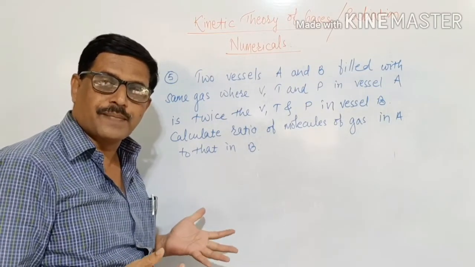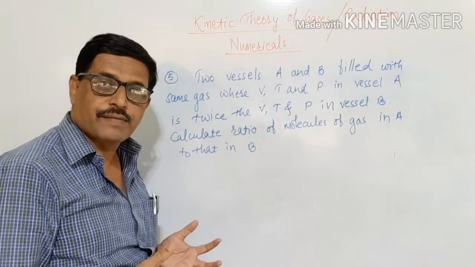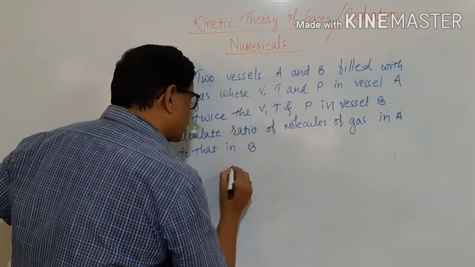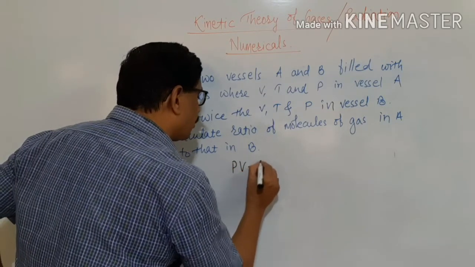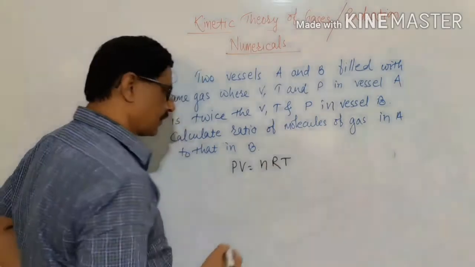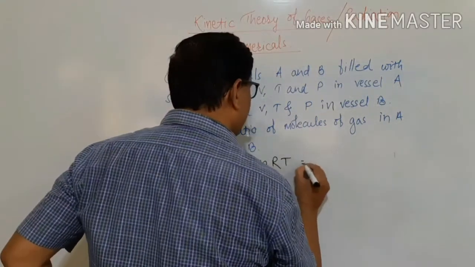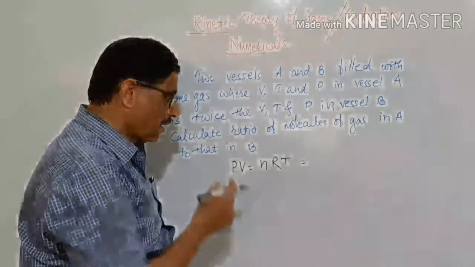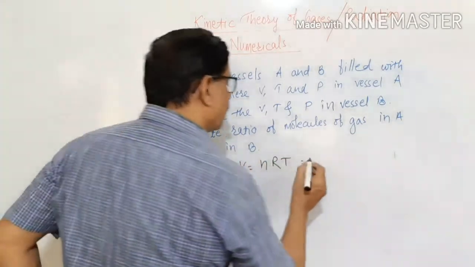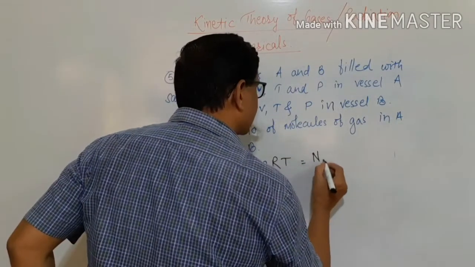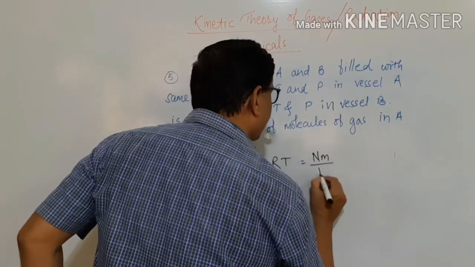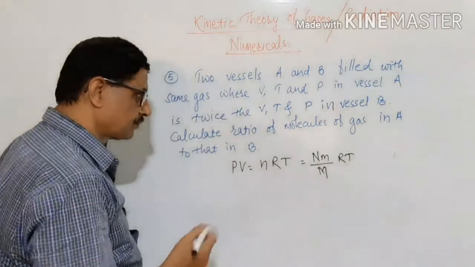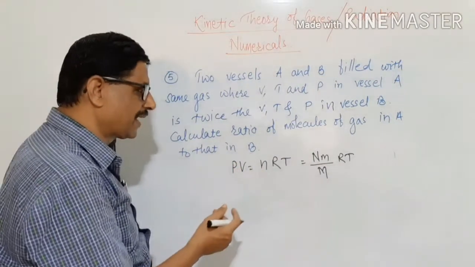Now for this we have to make use of the ideal gas equation. What is that ideal gas equation? The ideal gas equation is PV is equal to nRT, and it should be written with N. What is N? The number of moles present in a gas. I will write this as the number of molecules present in a gas, times the mass of each molecule divided by molecular mass, into R into capital T. Using this relation, what will you get?